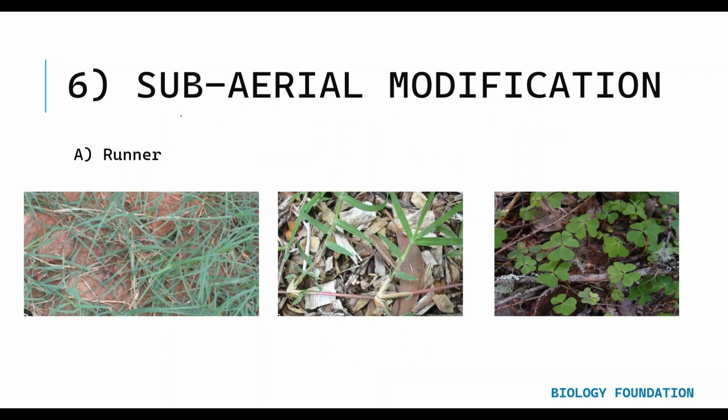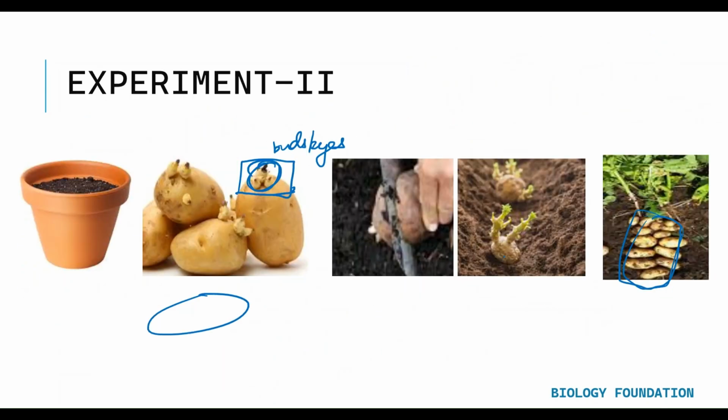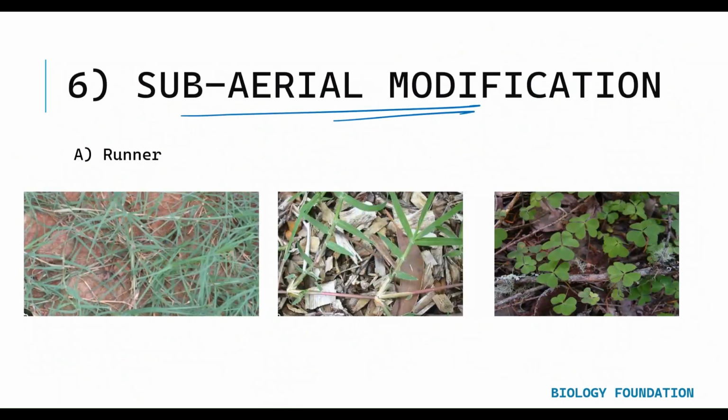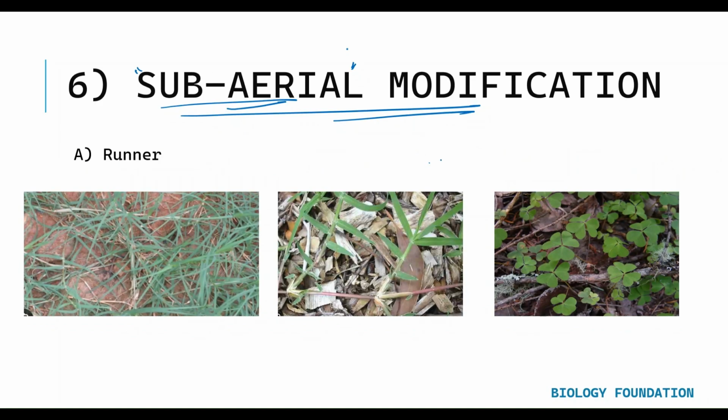Subaerial modification. Okay, now the modifications that you have seen for storage of food are underground modifications. Now let's understand subaerial modification. What is subaerial modification? Why is it named so? That's because we know that usually in a plant, the stem is present above the ground and the root is present deep into the soil. But here in subaerial modifications, that means in runner, stolon, and offset, we find that the stem is